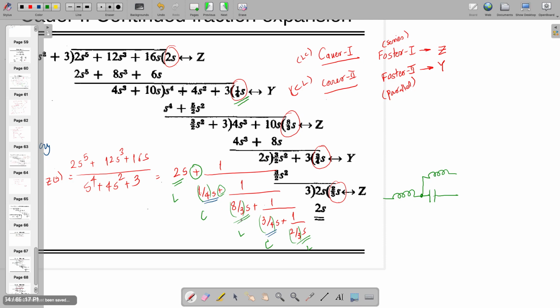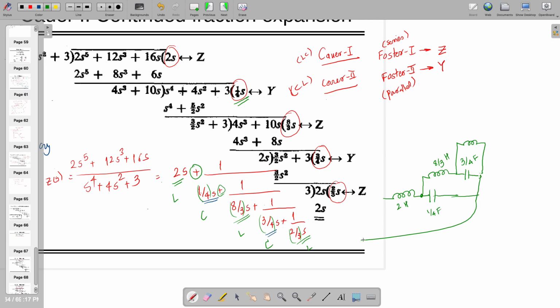This one, third one. First one was 2 Henry, 1 by 4 Farad, 8 by 3. Oh, this has to be 1 by 4, right? So after this will be in series, right? After this, the inductor has to be,